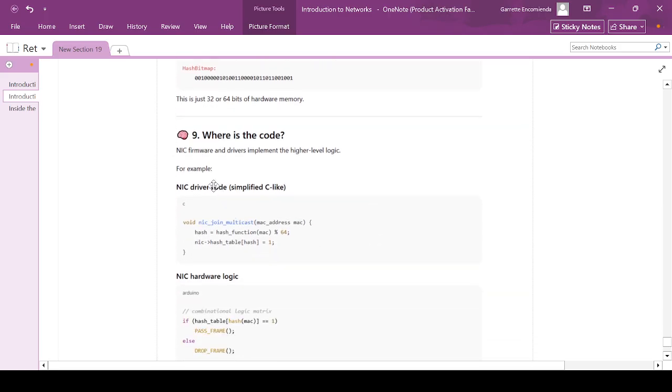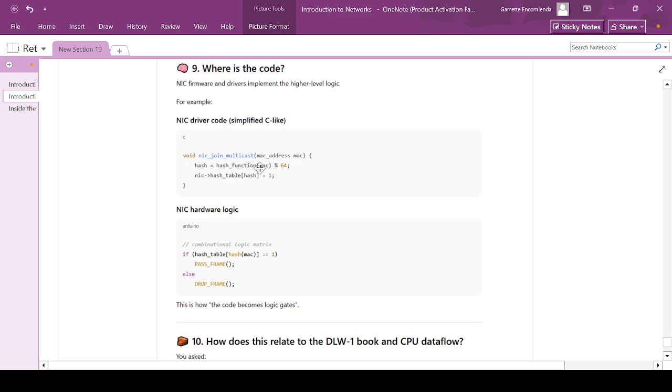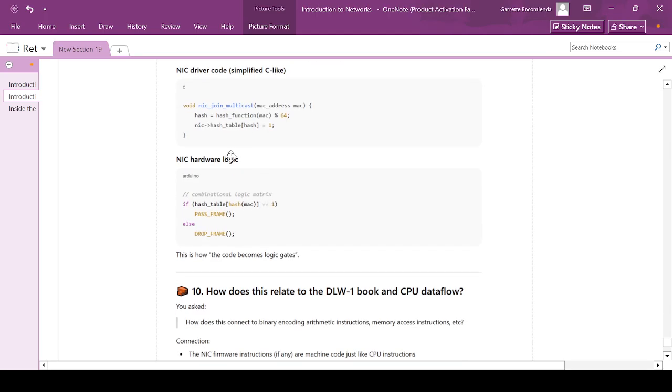Where is the code? NIC firmware and drivers implement the higher-level logic. For example, NIC driver code, simplified C, like: void nic_join_multicast(mac_address_t mac) { hash = hash_function(mac) % 64; nic.hash_table[hash] = 1; }